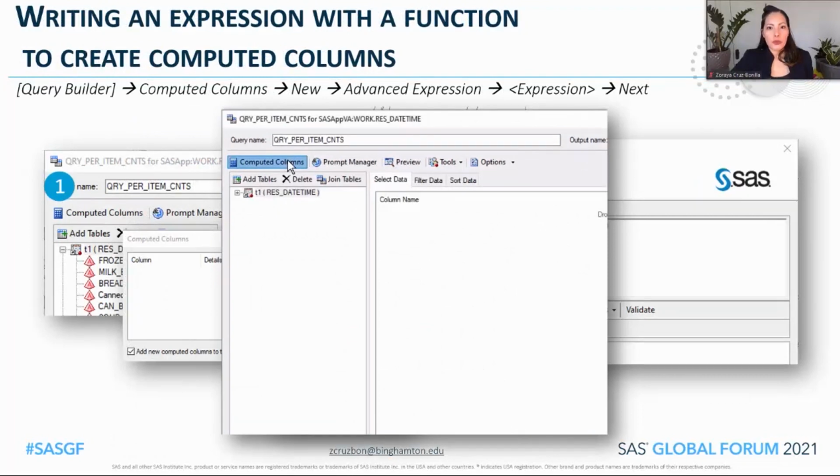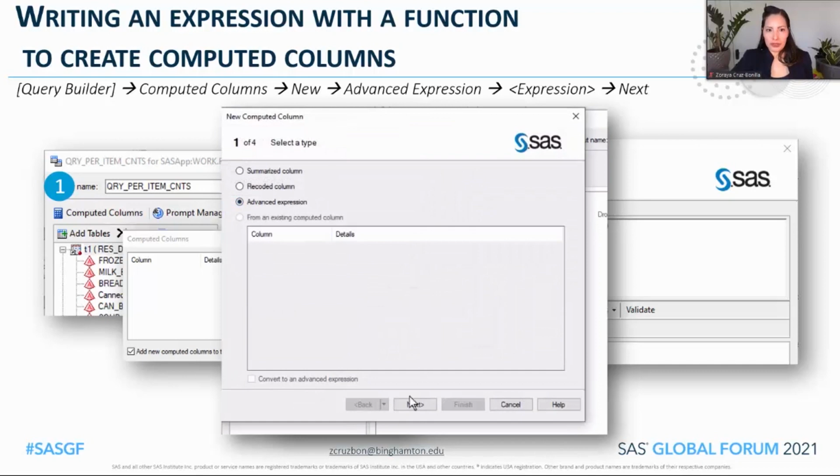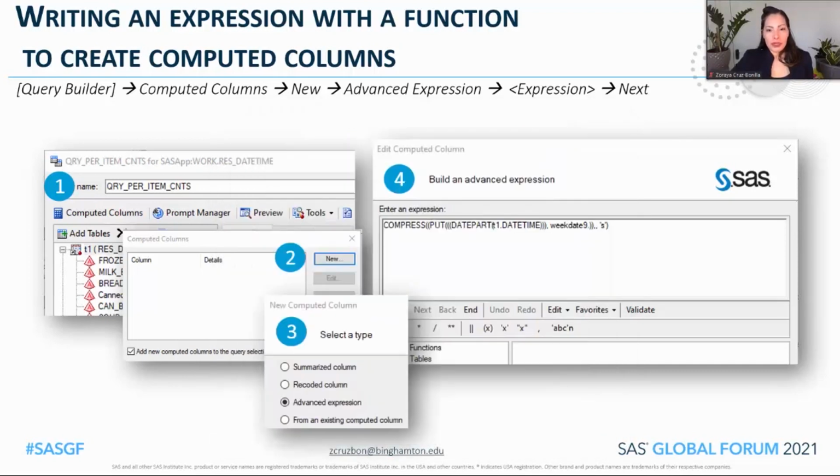Suppose we want to know the day of the week that generates the most submission forms. Well, first, to add a computed column, open the Query Builder wizard, click on Computed Columns, New, Advanced Expression, write the desired expression, and then Next.